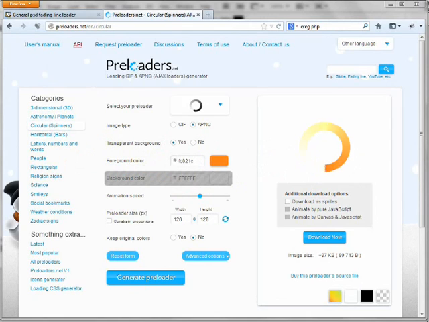Hello everybody! Today we are going to create the fading line preloader that is available on our website preloaders.net in